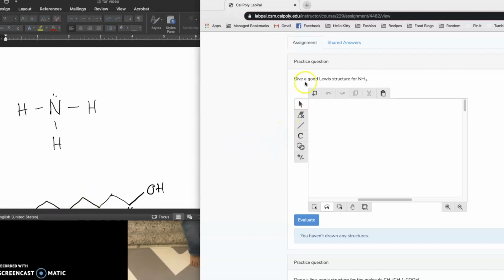Now, in the molecule builder, you have a few different functions that are pretty useful. The arrow, or the cursor, is to select atoms. The eraser is if you make a mistake. The line is to create bonds. The C is to change elements. So if I click on all these things, erase would let me erase if I had something there. For the bonds, I can create multiple bonds, double or triple. And then for the C, that's to change elements. The rings is if I want to quickly draw a lot of different rings in a structure. And then the plus minus is if I want to add charges or if I want to add lone pairs